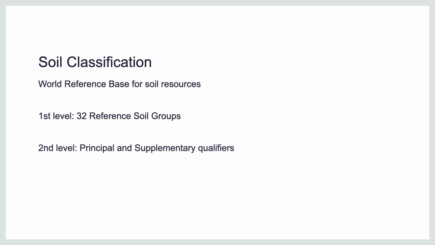But at the same time, we have a lot of qualifiers that can be applied to each RSG, and because of this, sometimes the name of the soil according to the classification could be a little extensive or even huge in some cases. We will check this in the next slides, but these qualifiers will have an important and vital